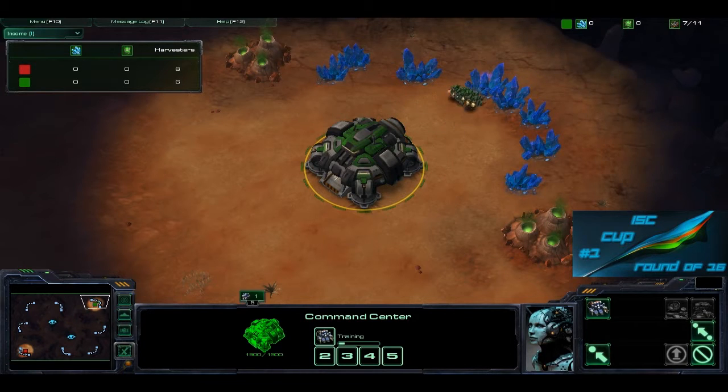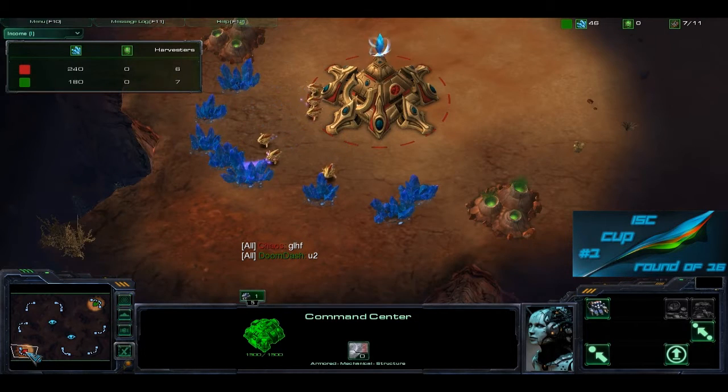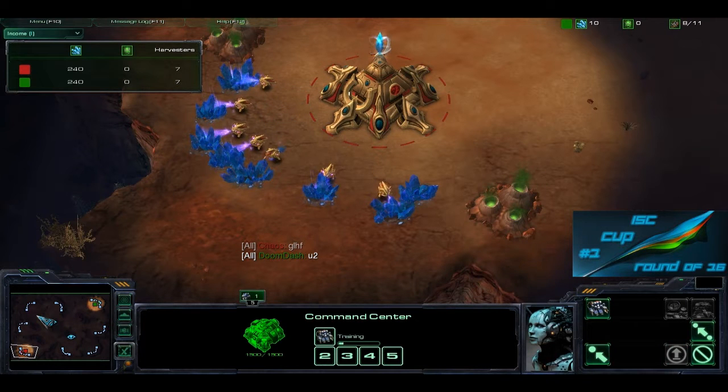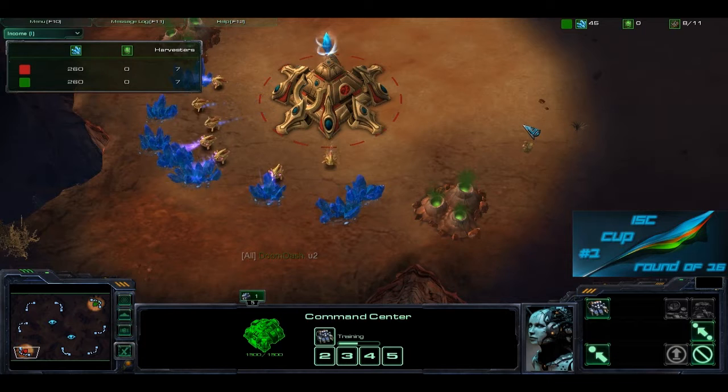Hey everybody, it's Drogith of the IntoStarCraft group giving you Game 1 of the ISC Cup Round of 16 match between DoomDash as the green Terran in the upper right hand corner, and down in the left hand corner we have Chaos as a red Protoss. Now this is Game 1 taking place on the Blistering Sands map,